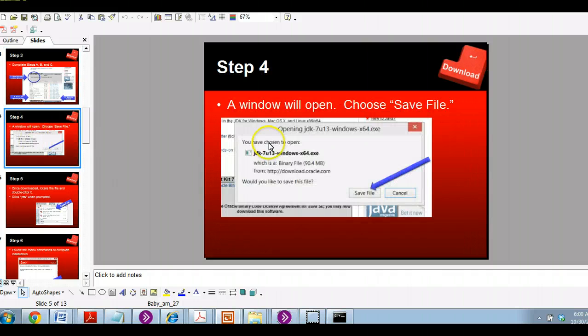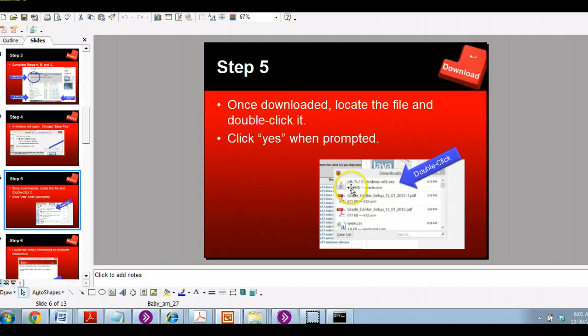So you do that, then it comes up and it's going to want to download this. Now, depending on your operating system, it might say save file, but you can save it onto your desktop. Mine came up and it said run, then I just clicked run and it installed. If you save it on your desktop, then you need to go into it and double click on it to run it. You want to actually run this exe file. And there's an example of when it downloads. You can click on it to run it, depending on your operating system. So it downloads for you,